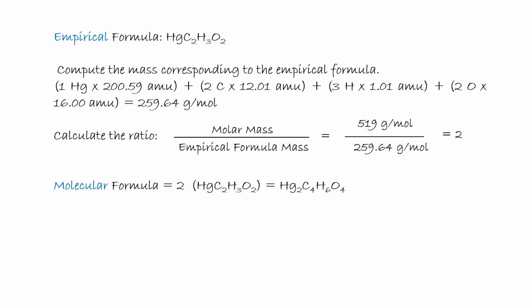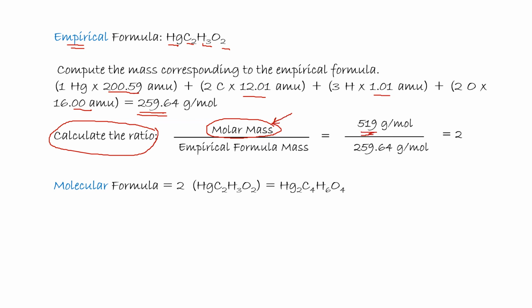What we have to do is calculate the mass from the empirical formula. So it will be 1 times 200.59, 2 times 12, 3 times 1.01, 2 times 16, total of 259.64 gram per mole. The ratio to the actual mass, so the molar mass given to you,